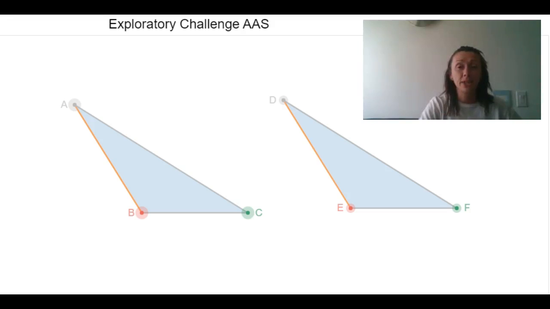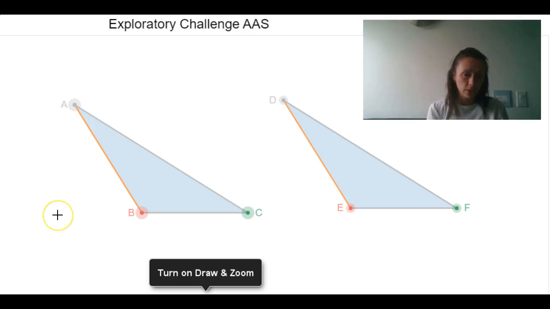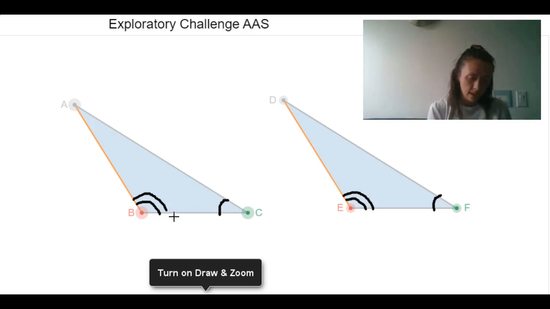So the next triangle congruence criteria that will work is angle, angle, side. Consider a pair of triangles that meet the angle, angle, side criteria. If you knew that two angles of one triangle, in this case C and F, with E and B, were equal in measure, and that we had these two segments AB and DE also equal in measure,